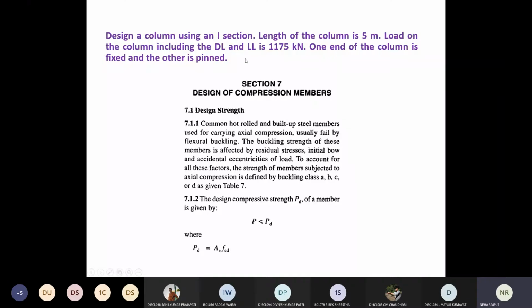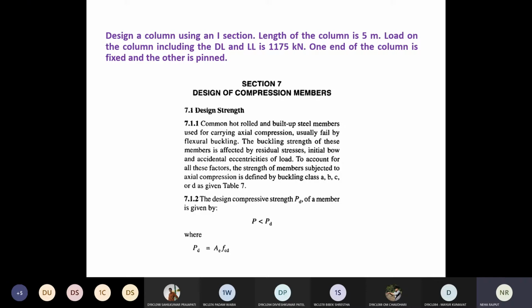Now you feel that this data is similar to the design of a reinforced concrete column member. Am I right? You are feeling that the data is somewhat the same. Whatever you are doing now, the design of a compression member, you are also doing in RC.